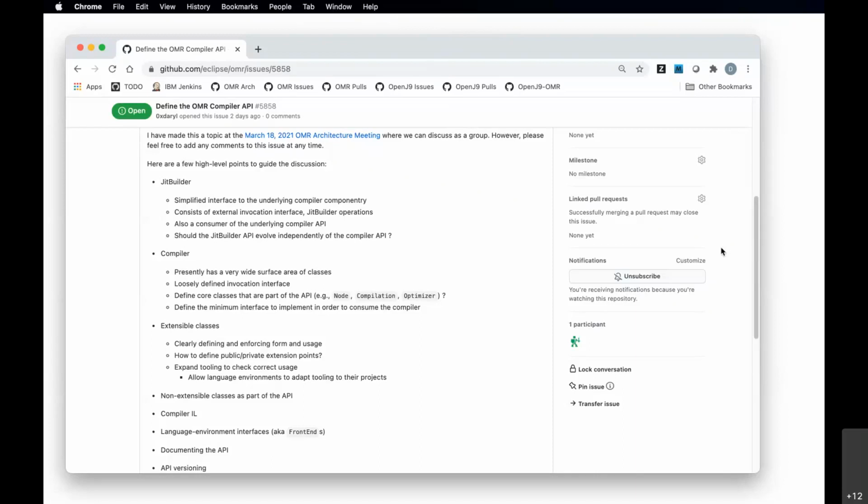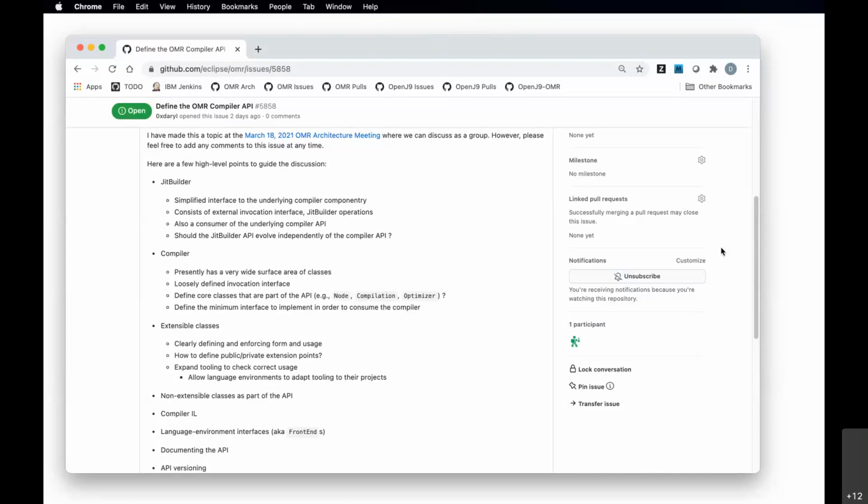Yeah, that sounds like a good plan. I think one of the challenges that we have, and I think you've already kind of addressed this, is that we don't really have any kind of API at the moment. So there's no top to start going down from.